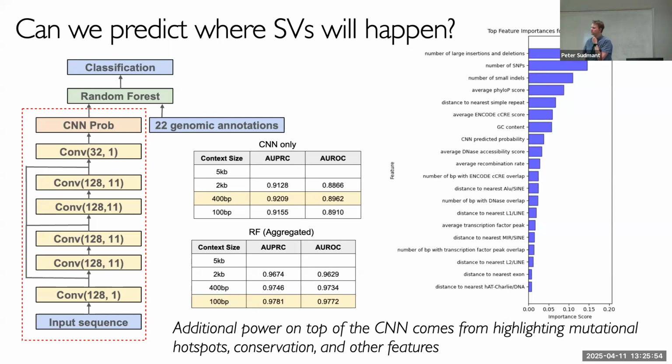What's the question there? So I'm thinking, starting from the training, you put the breakpoint of the structural variant right in the middle of the window. Then it shouldn't matter how big the window size is, because they are all the size of structural variant. Why is it that when we have more spacing, it doesn't do as well? I don't know. It could be a training aspect, and it could have to do with the size, because these convolution layers,